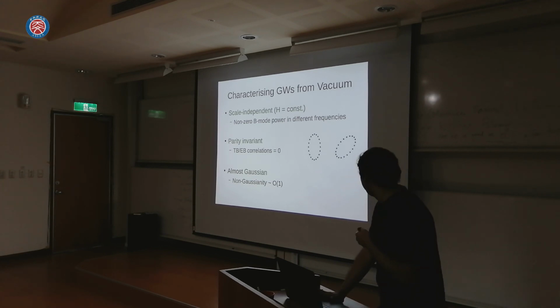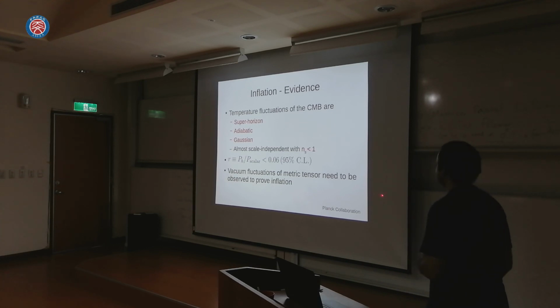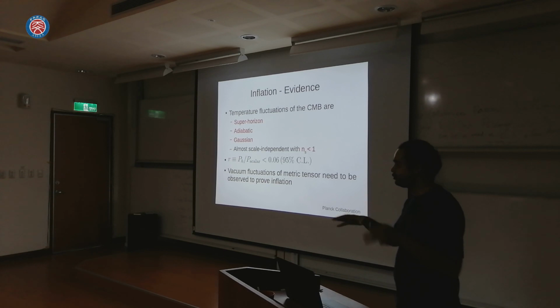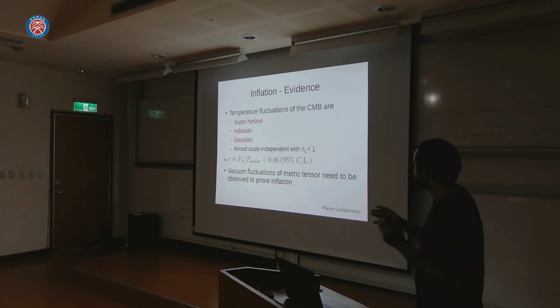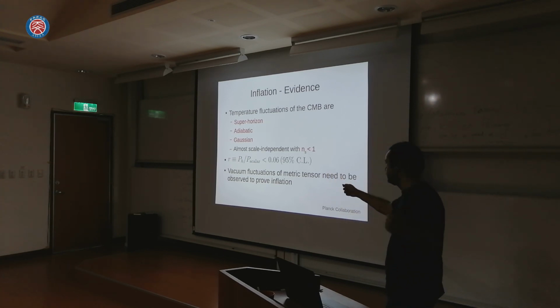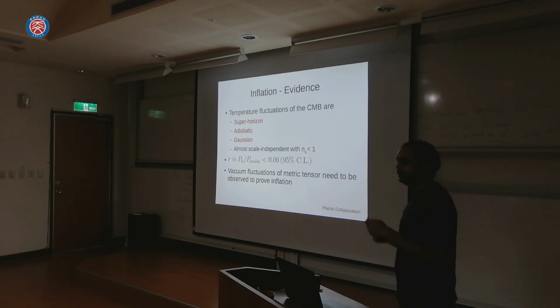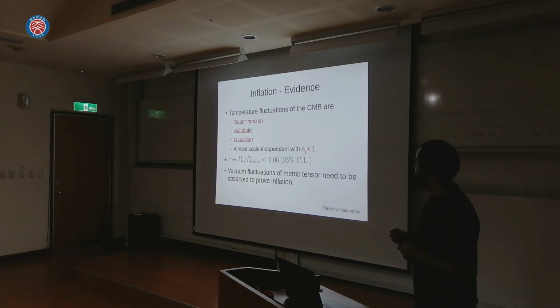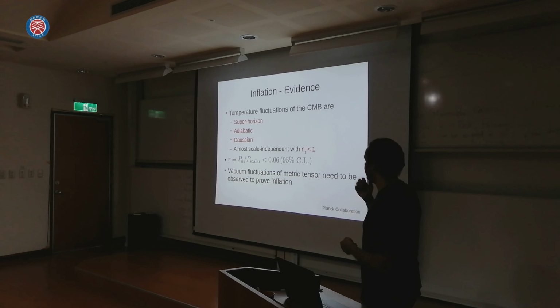So now coming to the one slide that I have on observations. Have we actually seen these gravitational waves? The answer is unfortunately no. And this is, I think, the current state of the art. The same story that I just told about these gravitational waves being pulled out of the horizon and staying frozen, you can also say about scalar fluctuations. These are just density fluctuations, if you wish. And these leave their imprint in the temperature fluctuations of the CMB.